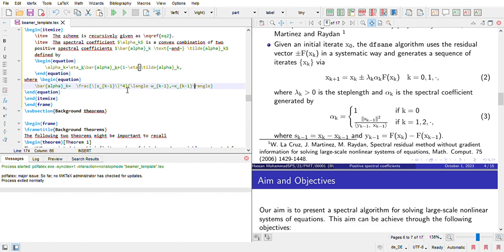Then that is alpha k. So apart from alpha k, we have alpha k tilde also, so that one we write with a comma, backslash tilde alpha